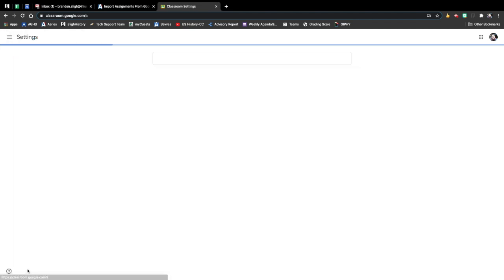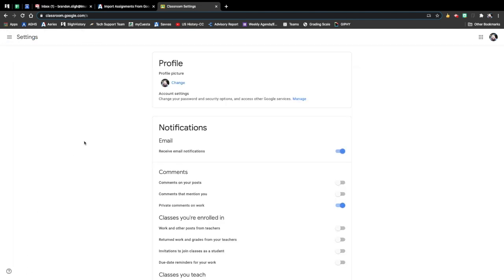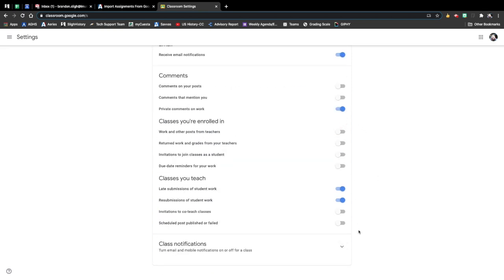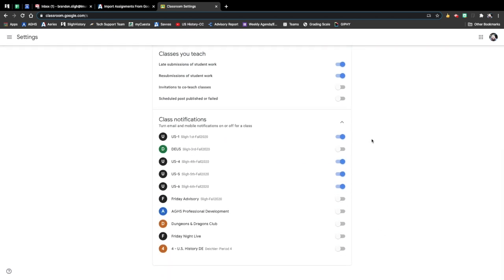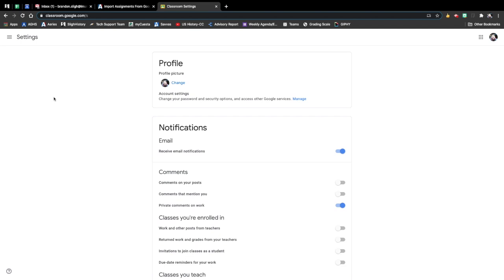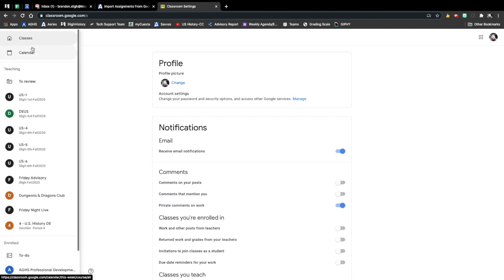So you'll want to click on settings, and you'll have some options about receiving notifications for the different Google Classrooms that you are either in charge of or a part of. The other nice thing is that if you go to the class notifications and you hit that little down arrow, you can actually turn on or off whichever classrooms you want to have these settings apply. So that is what you'll want to do to start, by going into the settings on your Google Classroom